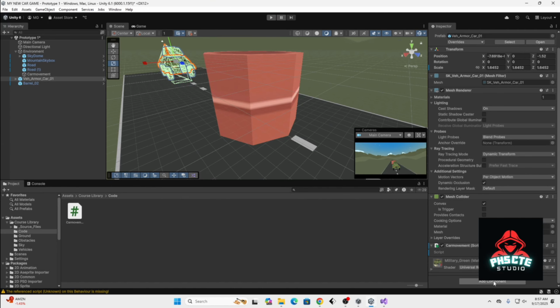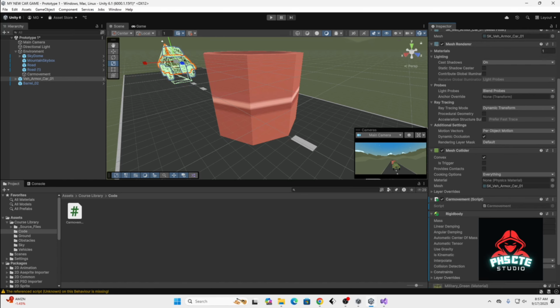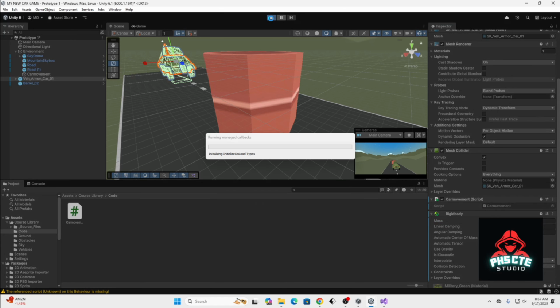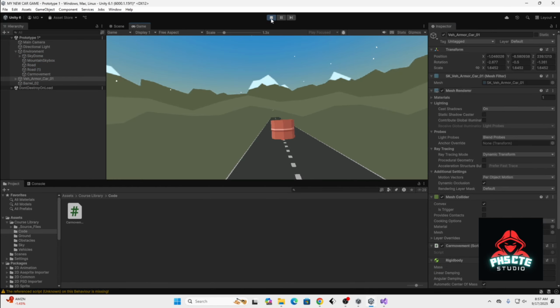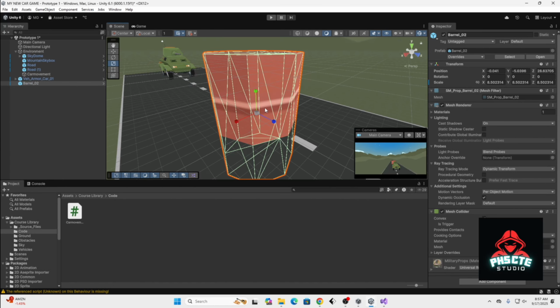What we are going to do today, hey, add component. This time I am going to add Rigidbody. Here it is, and if you see the mass is 1 only, I'm going to make it 5,000. Let's see what will happen now. Click on play. Boom, right? And since we don't have a mass here,